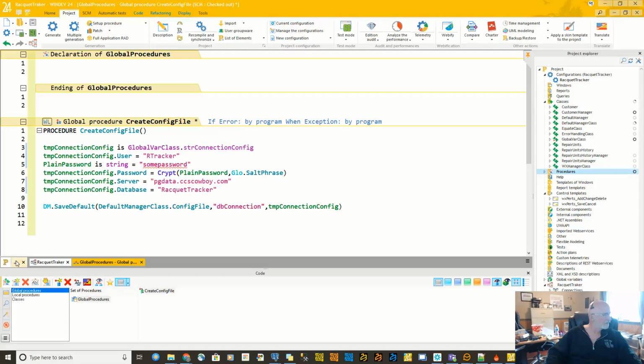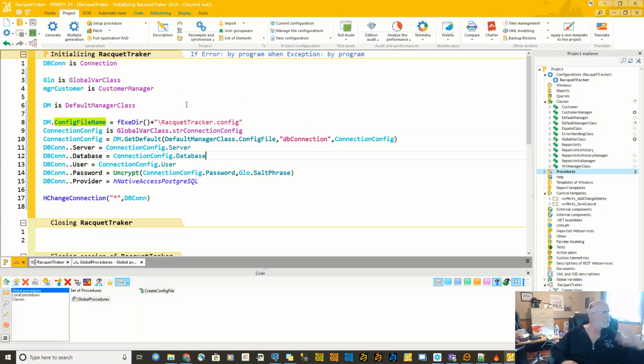We left off looking at the configuration where we had set up the configuration information. We have a class that allows you to set your configuration into a config file that's made of XML. You can set it into a database. You can actually put it to the registry, whichever direction you want. We've chosen just to do a connection config, which is basically an XML file, and the result,